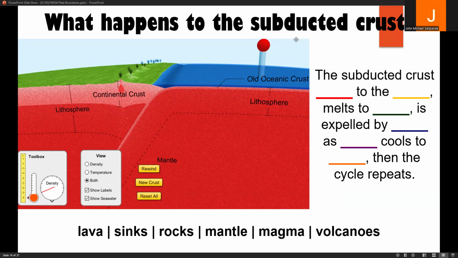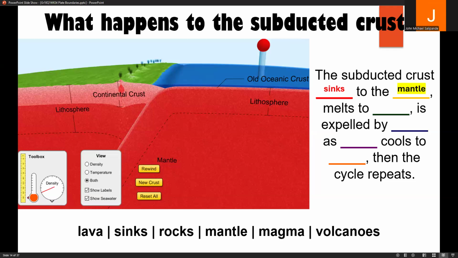What you see here is a screenshot of the demonstration of continental oceanic convergence. But you can also substitute here the demonstration for oceanic convergence as well, because sila yung dalawang type of convergent boundary wherein subduction happens. So let's begin. The subducted crust very obviously goes down. So the synonym of goes down is sinks, to the mantle.